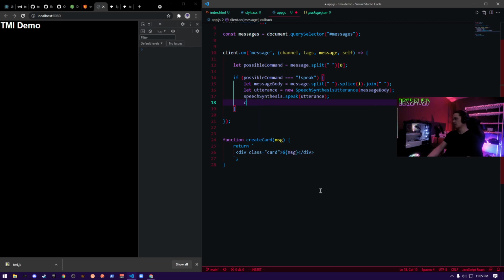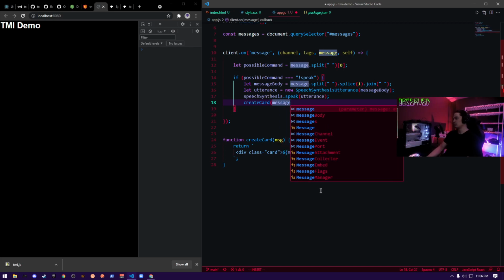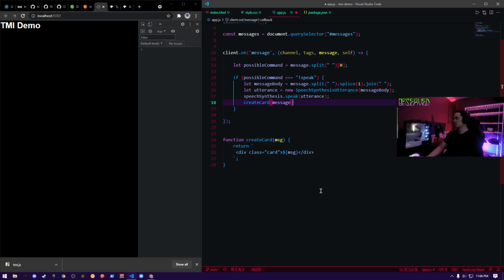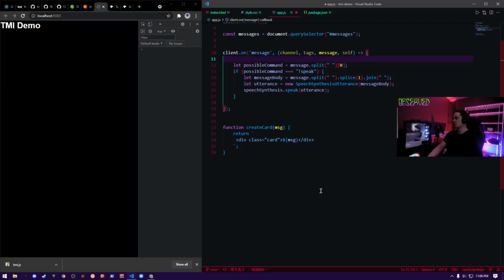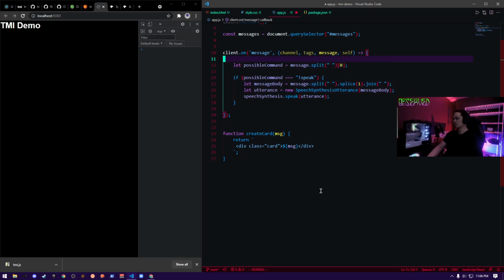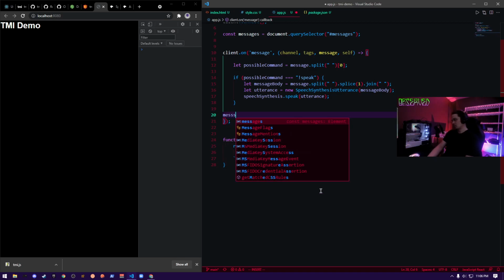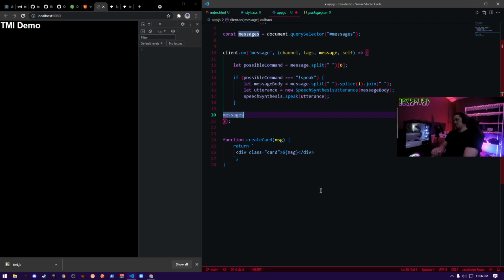I'm gonna call create card, pass a message in, and I'm going to reference our messages element.